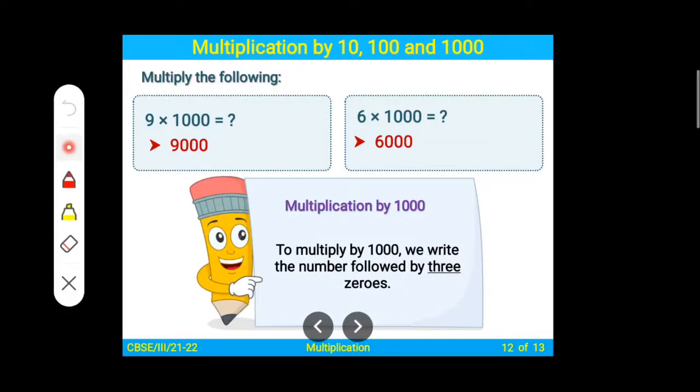So we are learning today the three properties of multiplication and the multiplication by 10, 100 and 1000. First property of multiplication: whenever a number is multiplied by 1, the product is the number, मतलब आंसर वही नंबर आएगा. Second property: whenever you multiply a number by 0, the answer becomes 0. And third property of multiplication: whenever you change the order of multiplication, multiplier and multiplicand, the product remains the same. अगर आप मल्टीप्लायर और मल्टीप्लिकेंट की प्लेस चेंज करते हो, ऑर्डर चेंज करते हो, आंसर फिर भी वही आएगा.